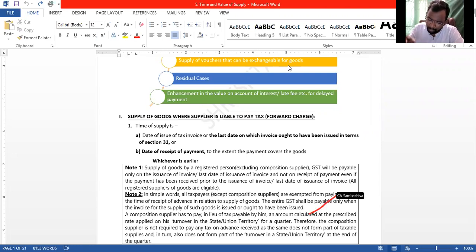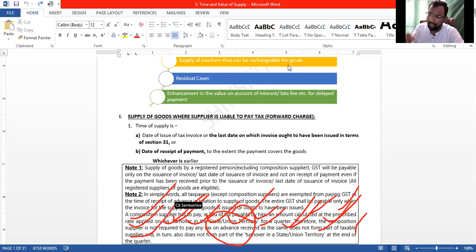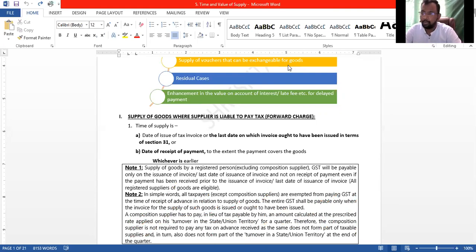So therefore the composition supplier is not required to pay any tax on advance received, as the same does not form part of the taxable supply, and in turn also does not form part of the turnover in a state or union territory at the end of the quarter. So basically మనం ఏం చేస్తాం సార్ అంటే ఇక్కడ అగ్రిగేట్ టర్న్ ఓవర్ క్యాలిక్యులేషన్ చేసేటప్పుడే మనం అన్ని ఆల్ టాక్సబుల్ సప్లైస్, ఆల్ ఎగ్జెంప్టెడ్ సప్లైస్, ఆల్ ఇంటర్-స్టేట్ సప్లైస్, రైట్, ఇవన్నీ కన్సిడరేషన్ లోకి తీసుకుంటాం సార్. దాని మీద మనం ఫ్లాట్ 1% GST పే చేస్తే సరిపోతుంది. ఎవ్రీ టైం నువ్వు అడ్వాన్స్ తీసుకున్నప్పుడు దాని మీద సెపరేట్ గా ఉన్న కట్టాలని ఇంకా అవసరం లా. నెక్స్ట్